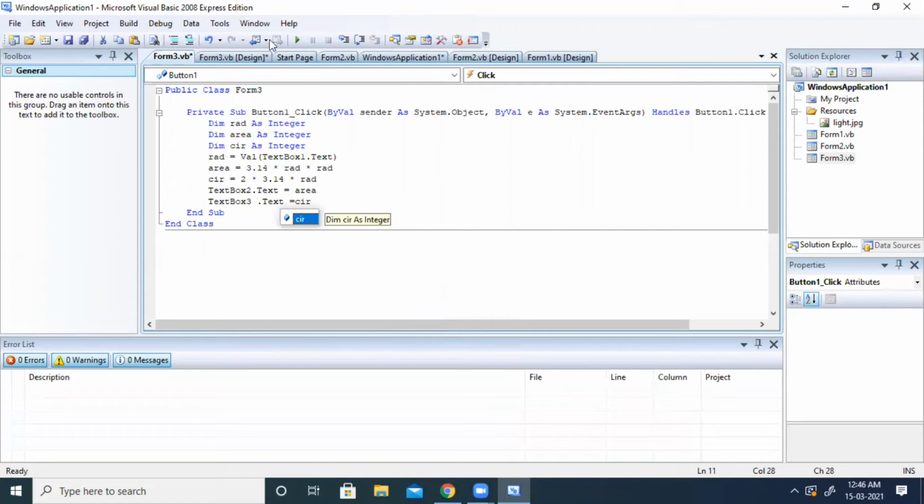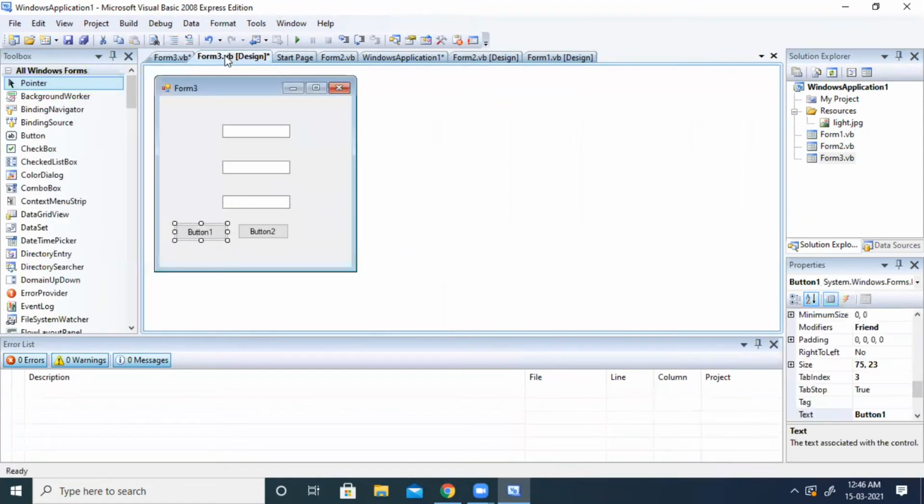Okay. Now again let us go to the design part of the form. Here for button 2, what I want to do is I want to clear. So this is a button. When I will calculate, let us take the name of the button as Calculate. And this button name let us take as Clear. So when I will click on this button, it will clear the data that I have entered for text box. Okay. So now I will click on the second button.